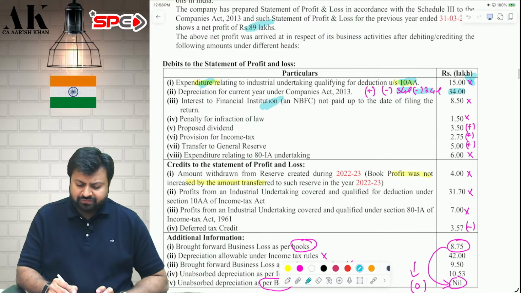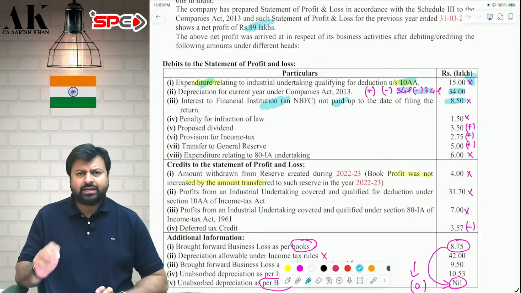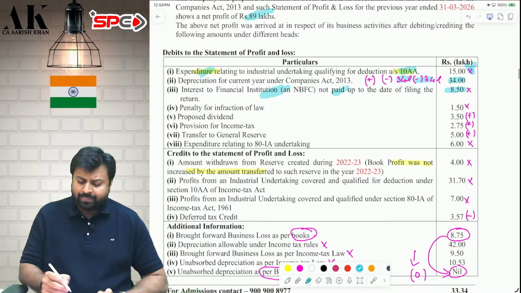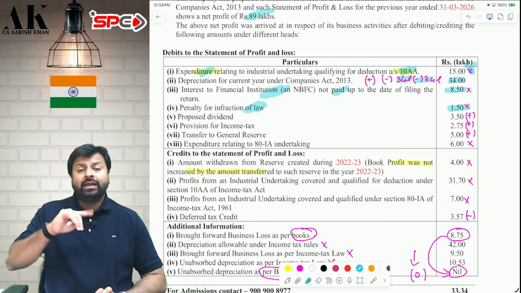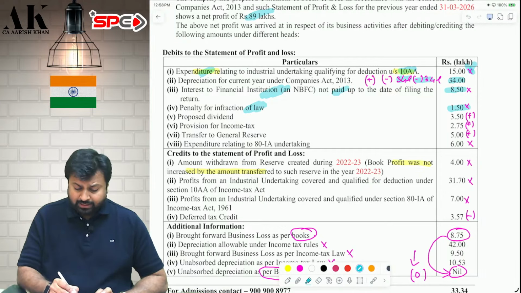Next, interest to financial institution not paid. It doesn't matter. In a MAT, it does not add back. Penalty for infraction of law, it doesn't matter. In MAT, it is not added back. In normal provision, it is added back. Then proposed dividend add back, provision for income tax add back, transfer to general reserve add back, and then expenditure